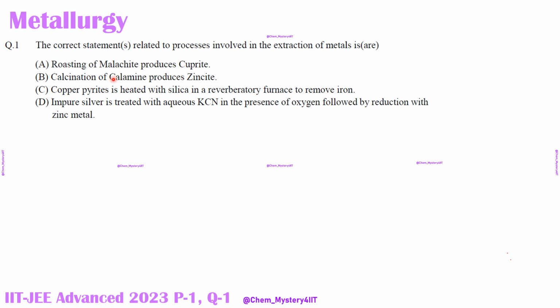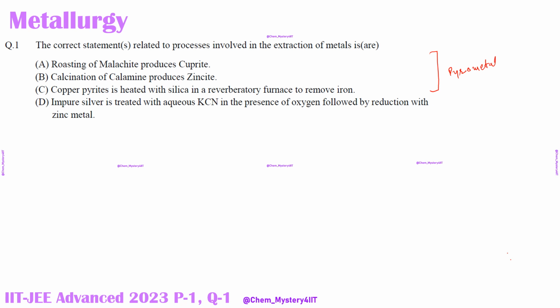So the very first question was from Metallurgy. This is question number 1 from paper number 1. In Metallurgy, they tested students basically on 3 different aspects. Number 1, what are the names these ores correspond to, and what are the processes involved, like what is the meaning of roasting, calcination, and what is happening in the reverberatory furnace. So the first 3 points were related with pyrometallurgy,